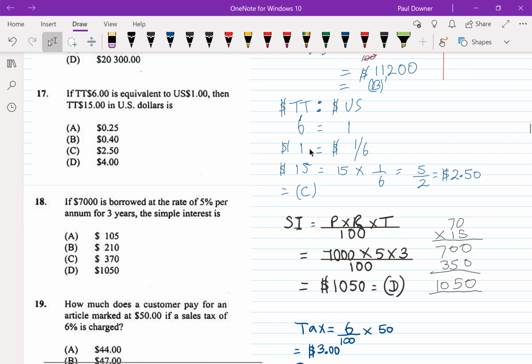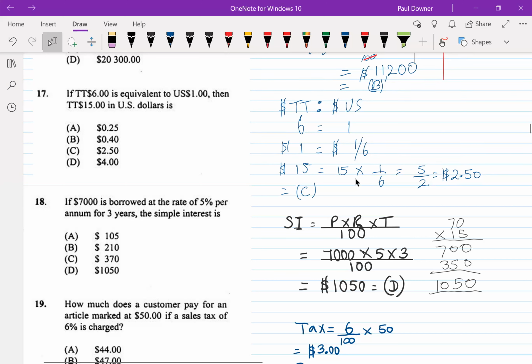So 1 TT dollar, you only have to come up with 1/6 of a US dollar. How much ever that is in cents, we're not too worried about it yet. So 15 TT dollars will be 15 times, right? 15 times 1 is 15. So 15 TT will be 15 times 1/6,